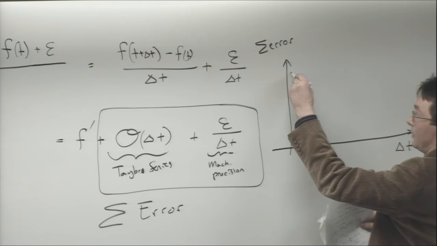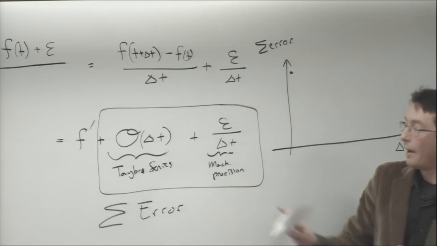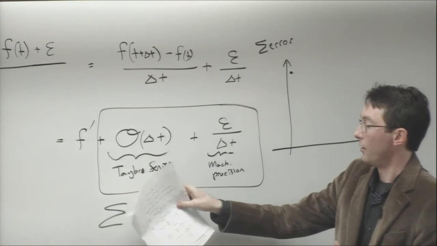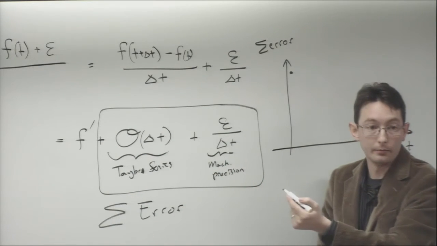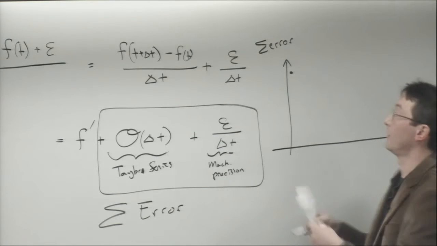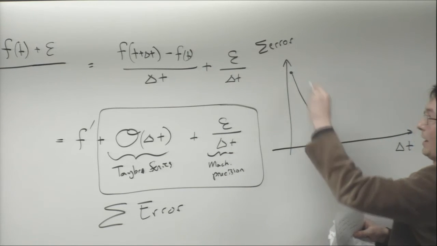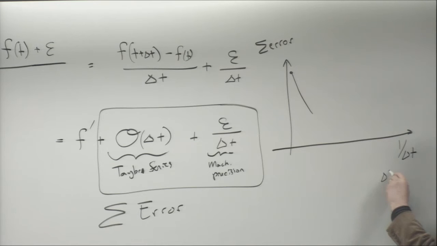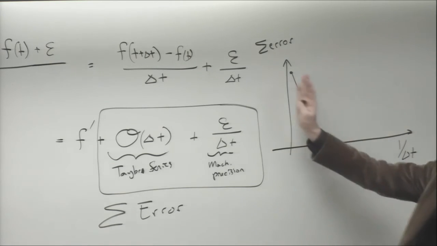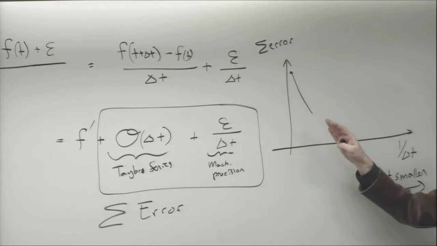And I start with a big error from the Taylor series. As I decrease delta t, this error gets smaller, while this error starts to get bigger. But this one is so, so tiny that for a while I actually get much less error as I make, sorry, this is delta t smaller. This is 1 over delta t. Okay, so we're making delta t smaller in this direction. So as delta t gets smaller, my error gets smaller for a little while,